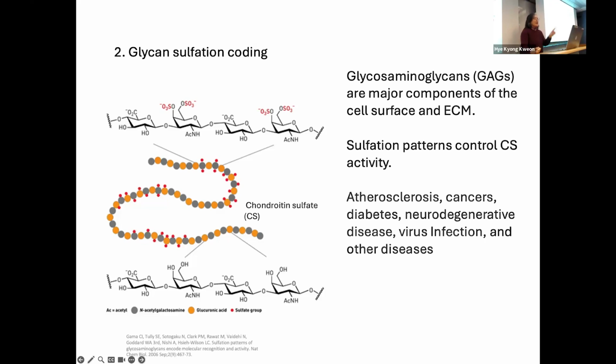It has been known that the length of this polyglycan, and what kind of dimer the GAG is taking, modulates the interaction with other molecules. But this group in Germany reported that only one specific sulfation